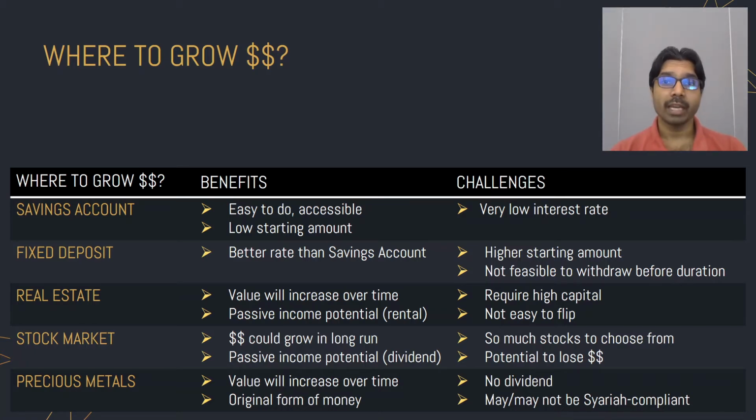So that's where people look at fixed deposit. Fixed deposit gives you a better return as compared to a savings account. Usually it comes with a few challenges. The first is that you need to have a bigger starting capital. Usually they need perhaps 10,000 ringgit or even 5,000 ringgit, and you have to lock this amount of money with that particular institution for a period of time. And though some institutions allow you to withdraw as and when you require, usually this comes with a particular charge that will again eat away the interest that we are aiming for initially.